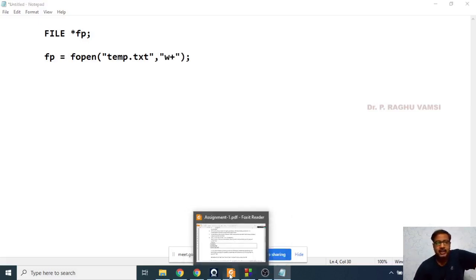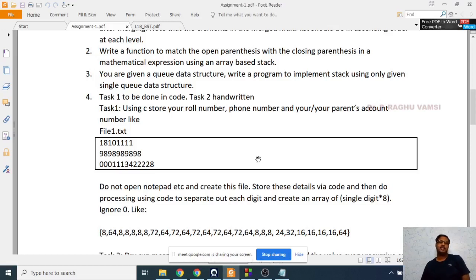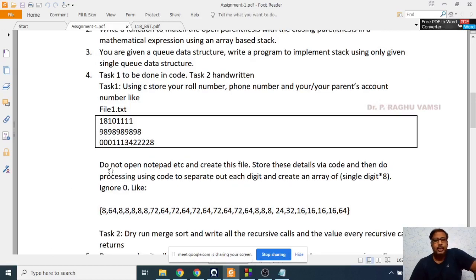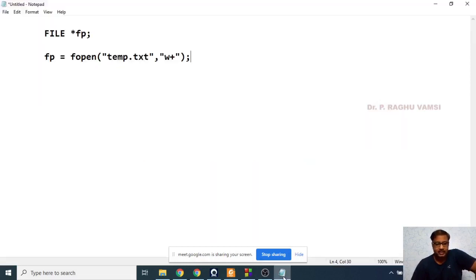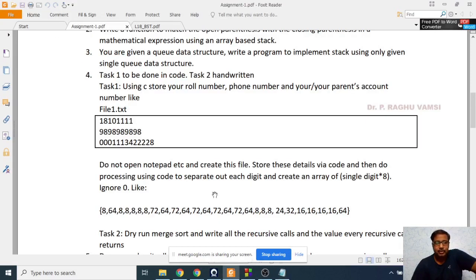Just to recall file handling in C programming. Now you are supposed to enter this file content, your roll number, phone number, and Aadhaar number. Do not open Notepad and create this file. You are supposed to do it via a program.